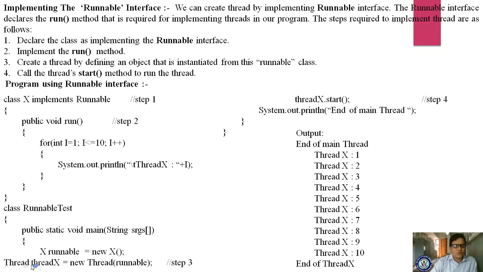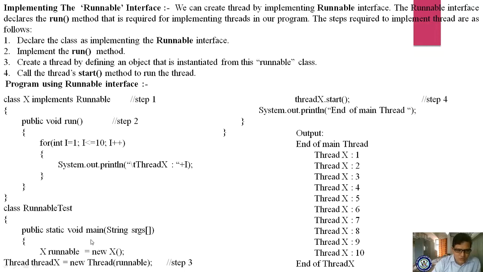So for the Thread class, please observe here, I am using the Runnable interface. For this Runnable interface, you have to create the object of the class and you have to create the object of the Thread class. It is inheriting the features of the Thread class. So for the Thread class, what are you defining? A thread object. While using the thread object, you are instantiating the object of the X class into the Thread class, then it becomes a Runnable interface.